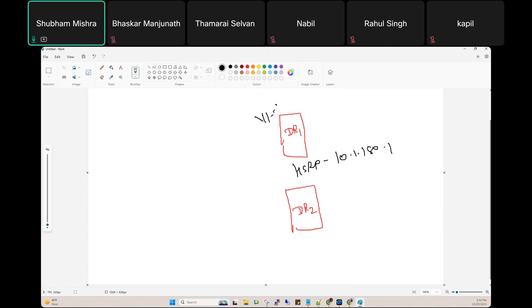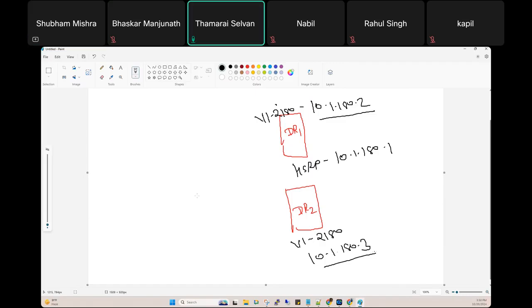For VLAN 2180 on DR number 1, I assign 10.1.180.2. On DR number 2, for the same VLAN 2180, I assign 10.1.180.3. Done?